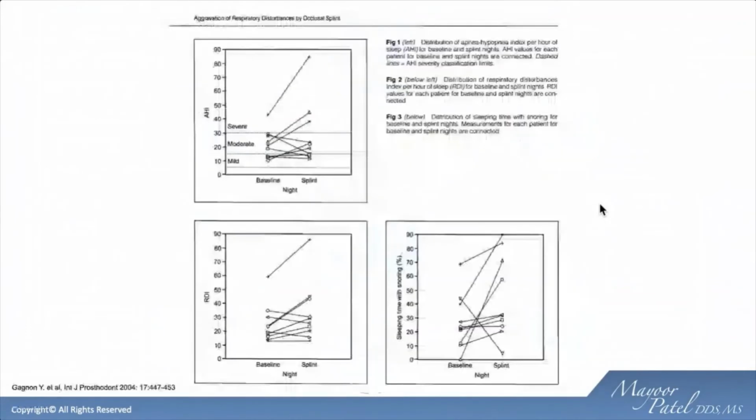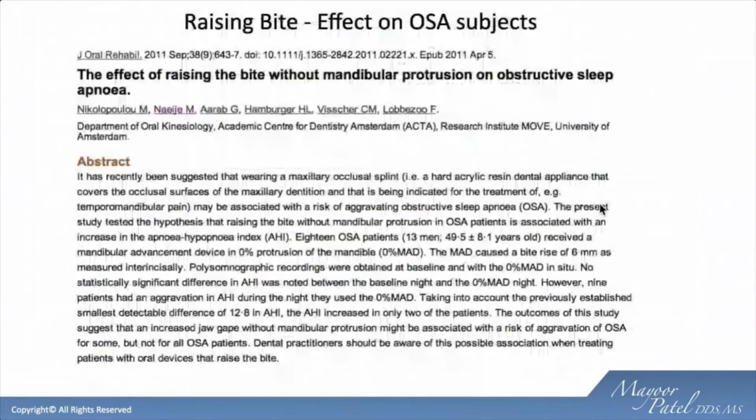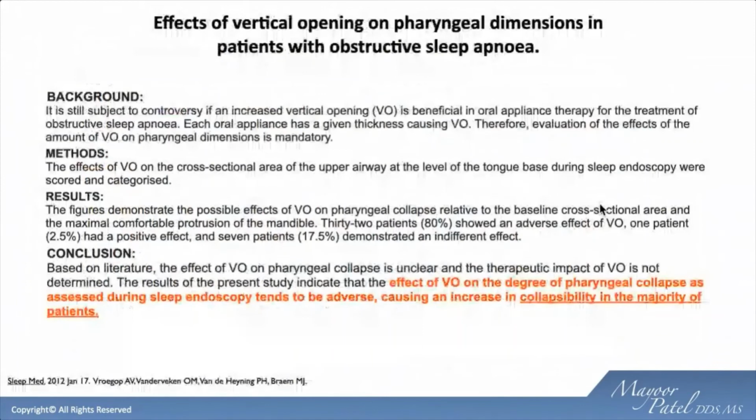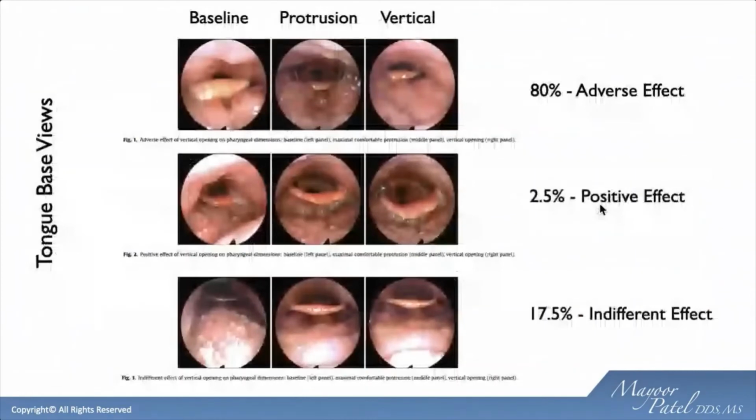However, I want you to understand that when you put a bite guard in, some of these patients already have compromised airways, you can actually make the airway much worse. Hence, therefore, raising the bite, in this case, occlusal splints, bite guards, or anything of that sort, can, in some individuals, worsen the airway. So we want to proceed with caution. If you suspect the person already has a compromised airway based on, whether it be Mallampati classification, lateral tongue scalloping, craniofacial deficiency, tori, etc., revisit this from a different perspective. Because in some cases, just by increasing vertical, which is the thickness of the occlusal guard, 80% of the time you may get an adverse effect where you make the airway much worse.